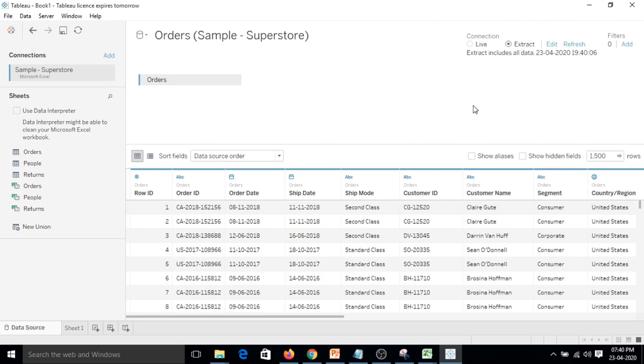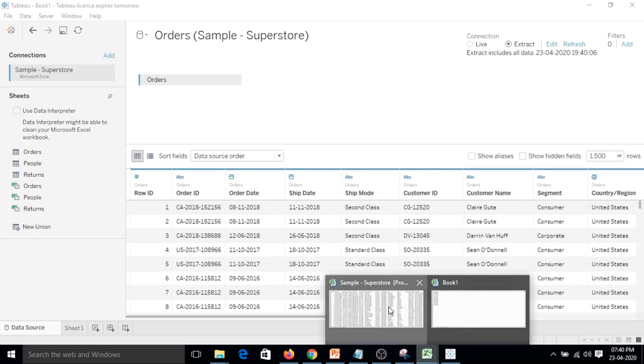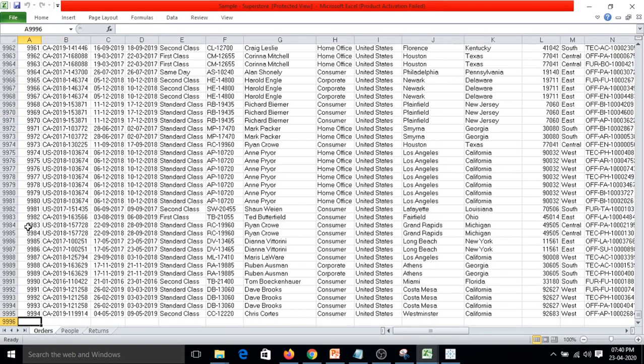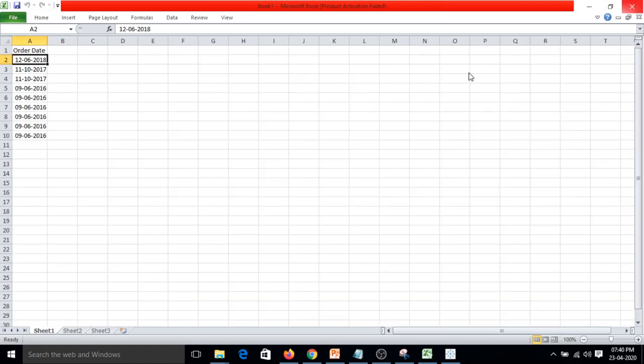Now let's see what happens if I change anything on my data source. Let's go to Superstore data and let me open this spreadsheet again.